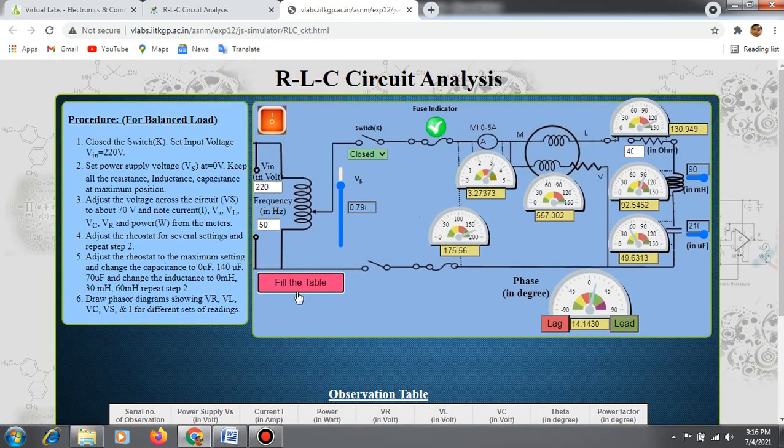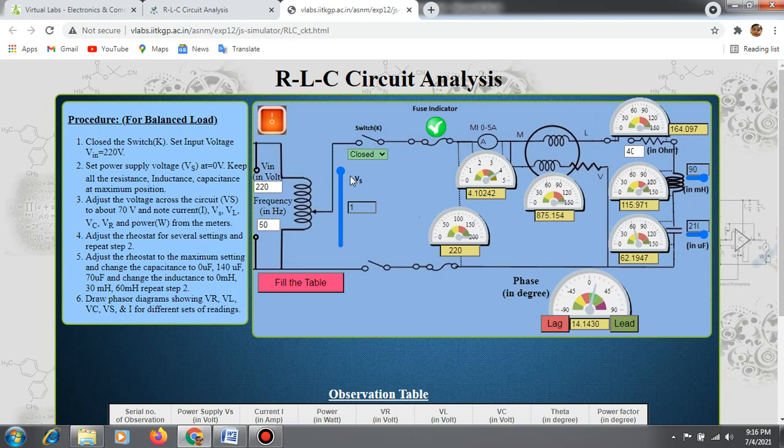Now the next step: adjust the rheostat to the maximum setting and change the capacitance to 0, 140 and 70 microfarad, and similarly the inductance to 0, 30 and 60 millihenry, and repeat the steps. First you have to set the value of Vs to the maximum value.